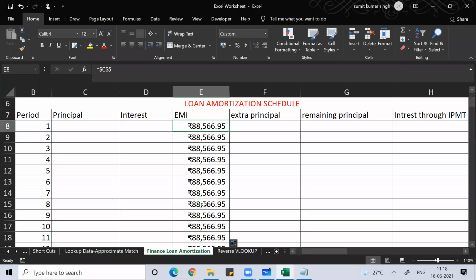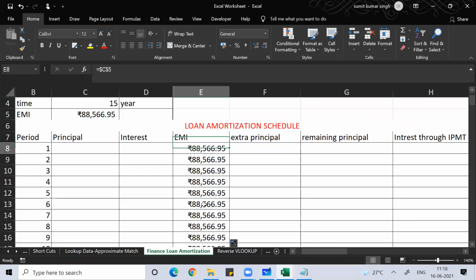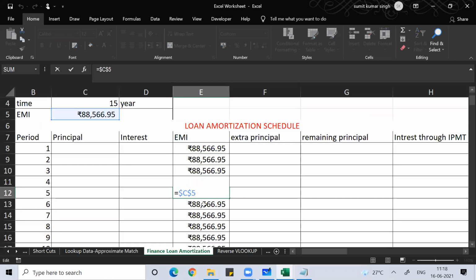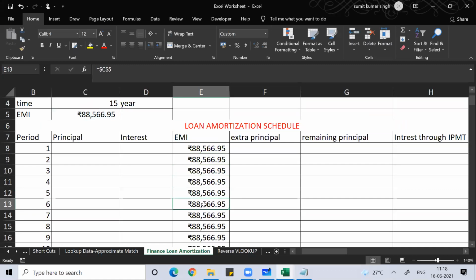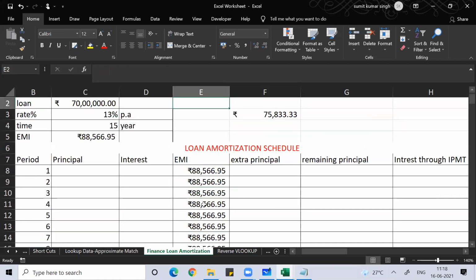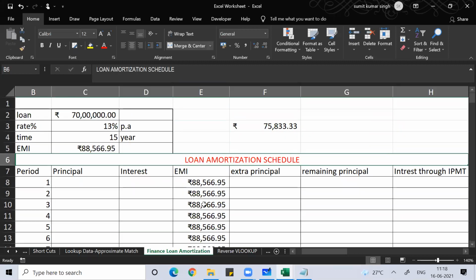For telling you the F4 key only, I started this example, and it took so much time. Press F2, and the F4 key will fix the cell. To fix the cell, we use the F4 key.